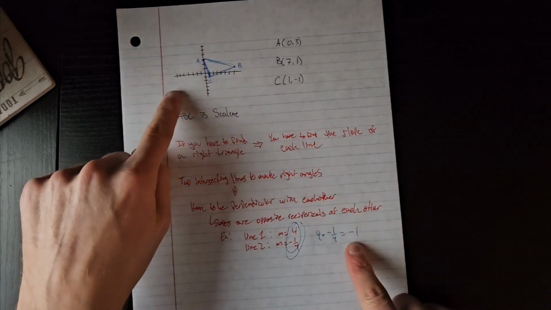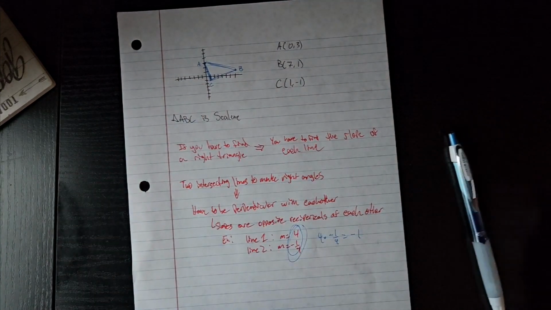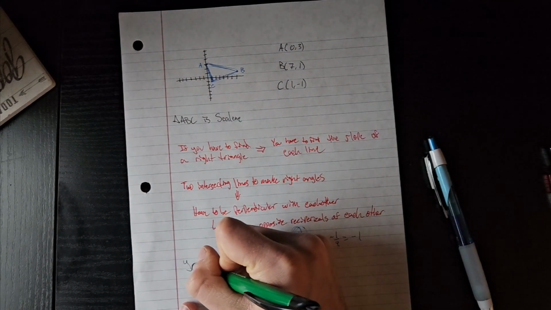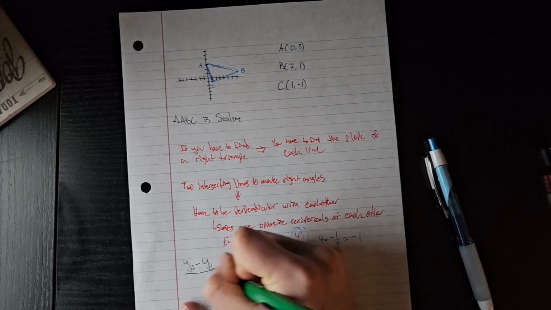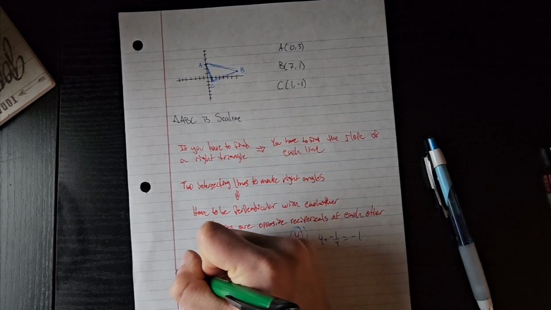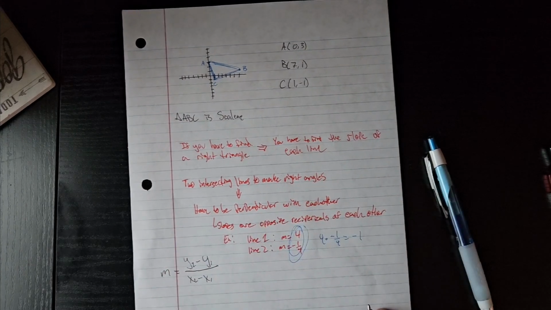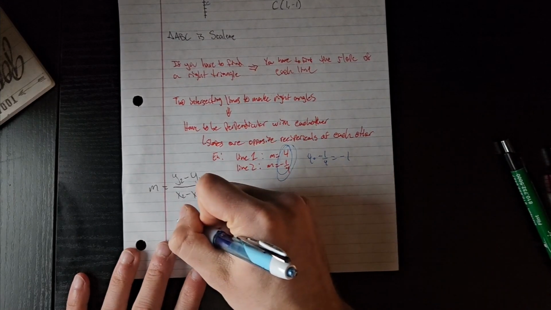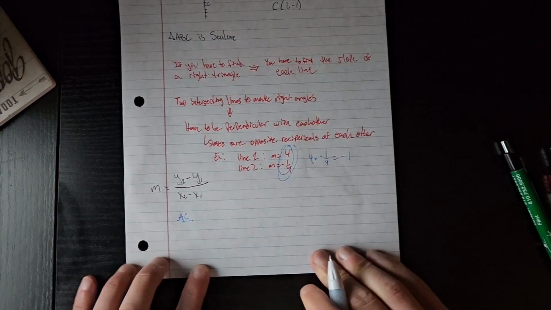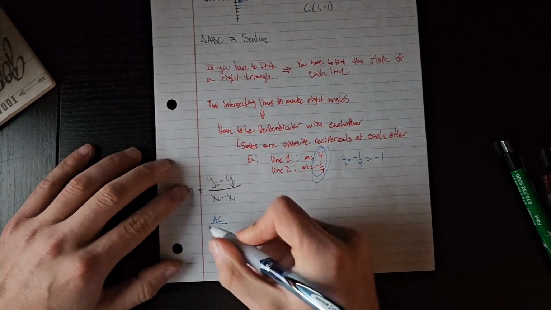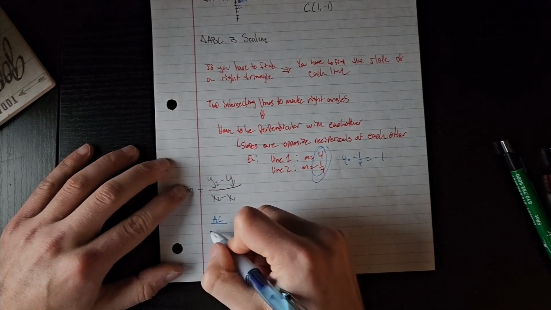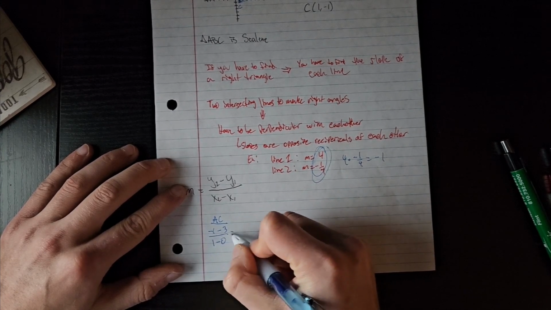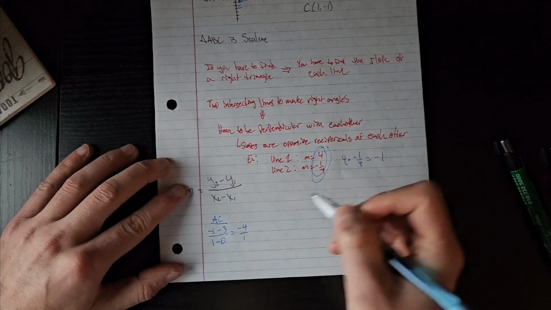We're going to find the slope for each one of these segments. And remember, finding slope, we do y2 minus y1 over x2 minus x1, and that gives us our slope. All right, so let's find AC first. I did AB first last time. AC: negative 1 minus 3 over 1 minus 0, giving us negative 4 over 1,